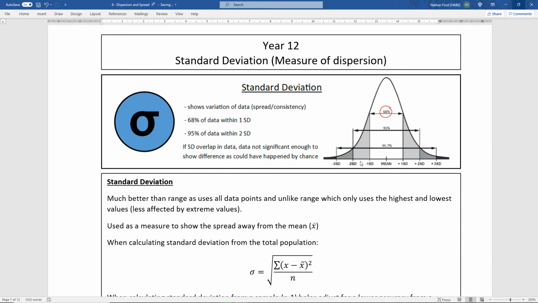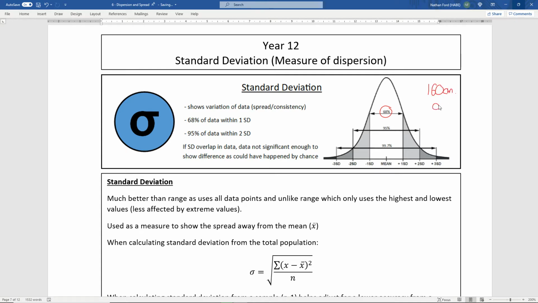Okay, let's talk about how you actually go through standard deviation. But standard deviation, remember, is just a more accurate way to measure variance or dispersion. So it shows you how spread data is. Just as an example, I don't have one written here. If I was to measure the heights of students and I found the mean to be 160 centimeters,